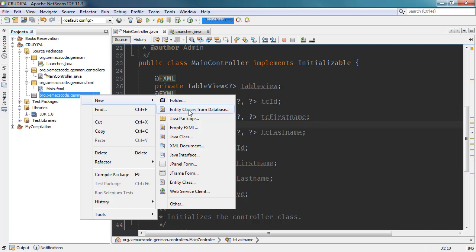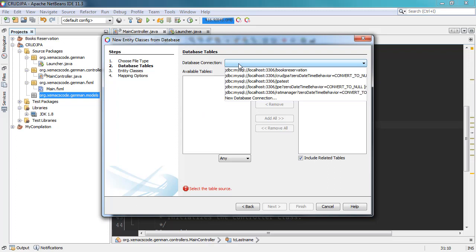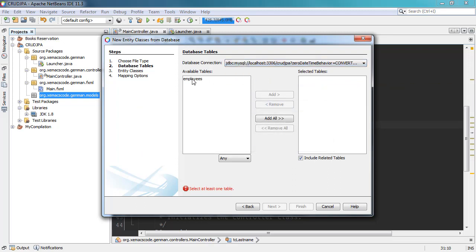So entity classes from database, and then we should specify the connection here. So we have the CRUD JPA here. So we could select the available tables. So for now, we only have the employee table, and we could add that into the selected tables, and then